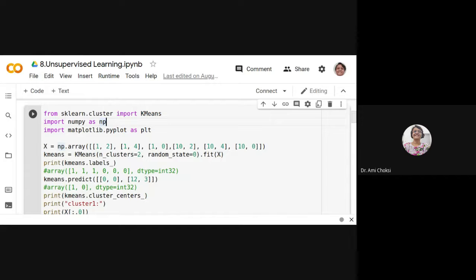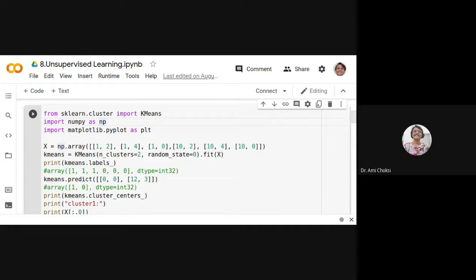After that, we'll see the real data set, and with that, we will see all the algorithms. Fine. So first of all, let us take one NP array and let us try to learn this k-means clustering algorithm implementation in Python.